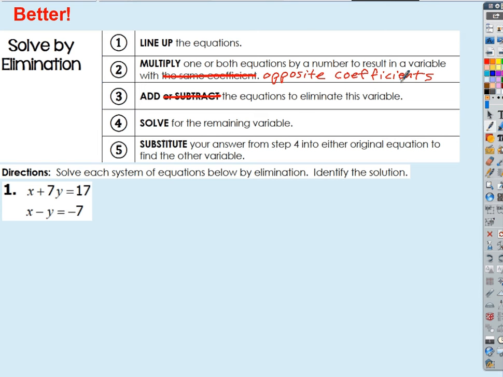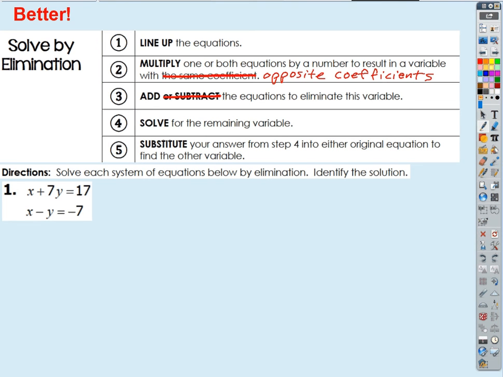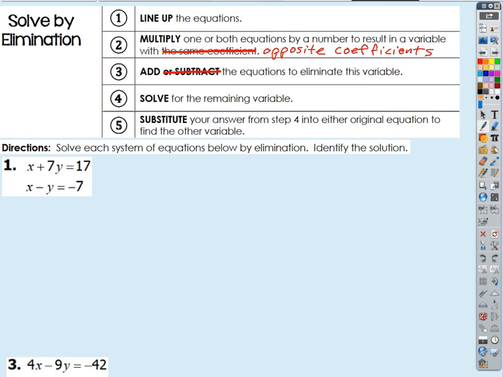And then that leaves us with a simple equation that we can solve for that variable, which we substitute back into one of the original equations to find the other one. Okay, that's a lot of steps to think ahead about. Let's look at an example. We'll go through it step by step. We'll look at a couple examples. Okay, so how about this guy right here? So first of all,